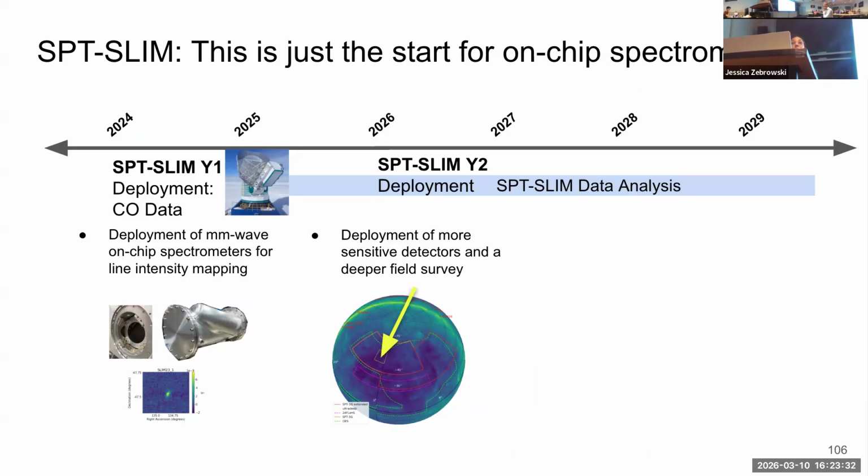We were really limited by cargo delays during our first year. We only had about a week on the telescope, and a lot of it was spent trying to even understand the instrument. Like, how do you tune these detectors? How do you observe under these conditions? What does it mean to have a KID spectrometer camera on the sky? And I feel like we're in a really good place to be able to do a second deployment and get a much deeper field survey for line intensity mapping.